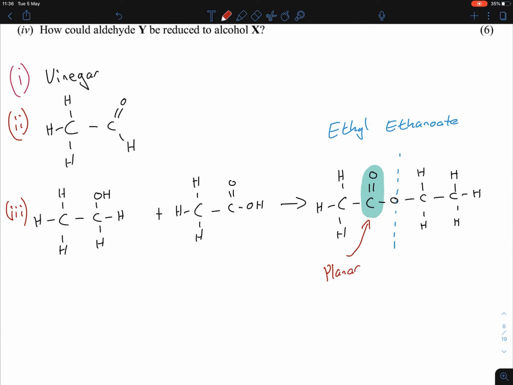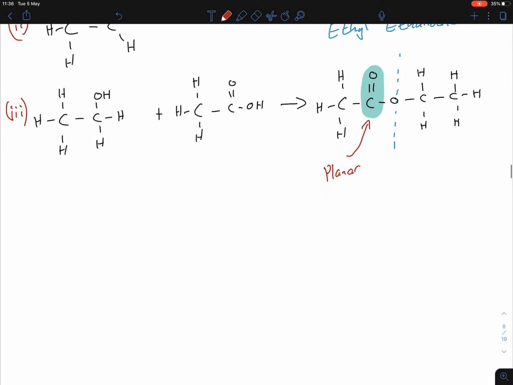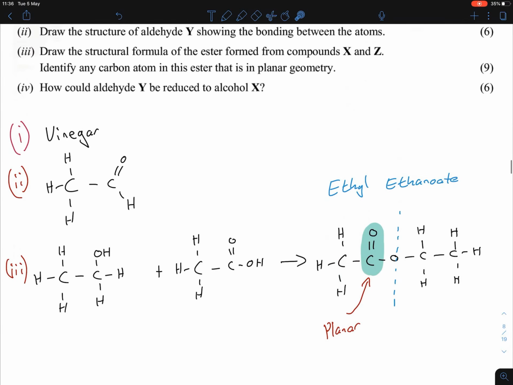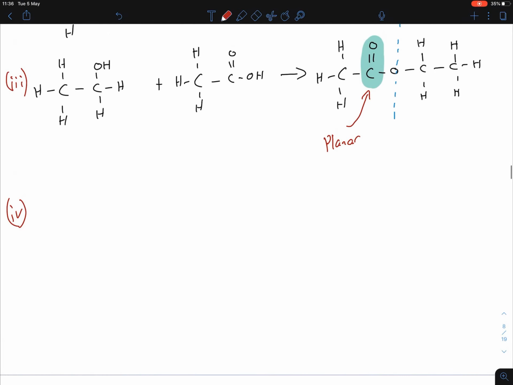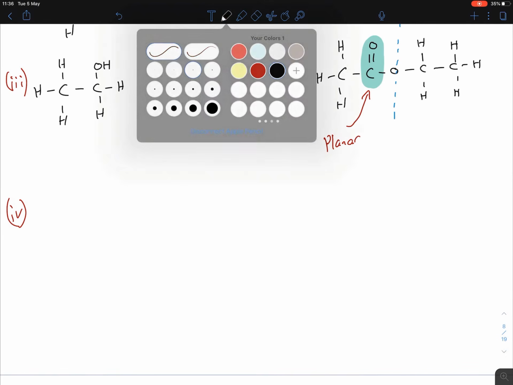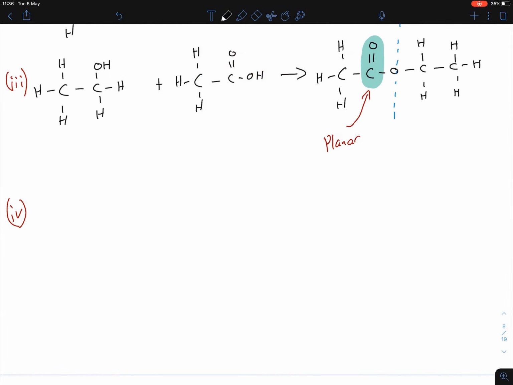And I'm done. Okay, next one, IV. IV is asking you, how could aldehyde Y be reduced to alcohol X? Well, it's always the same for these. Okay, for any reduction reactions, it's going to be hydrogen with a nickel catalyst. That's this. So hydrogen